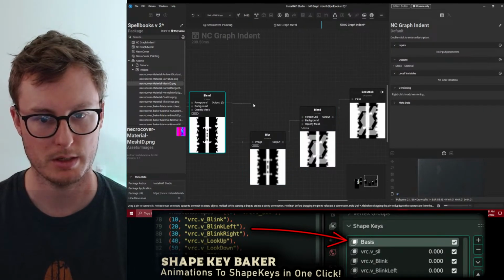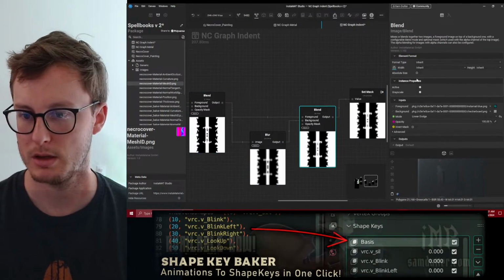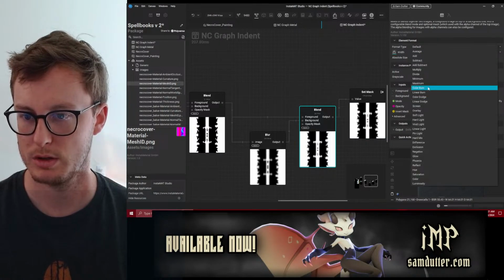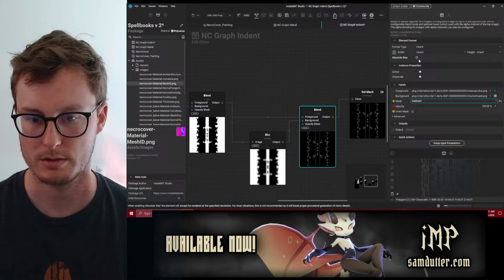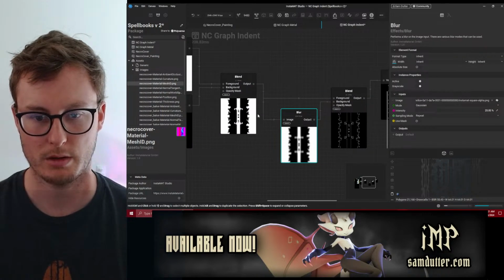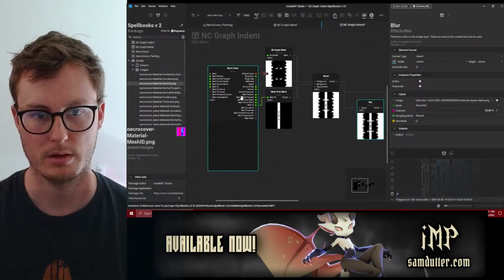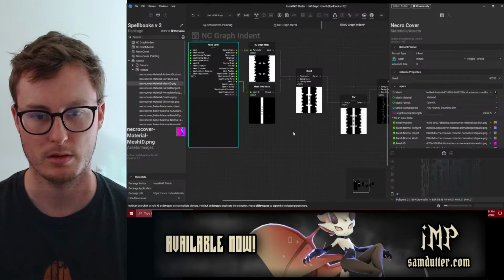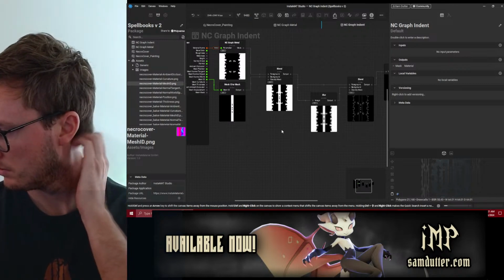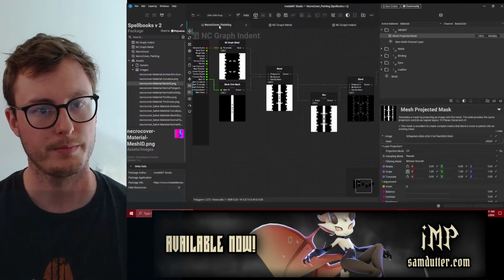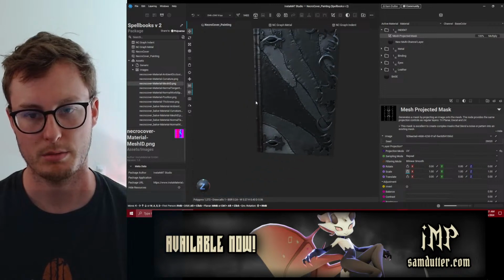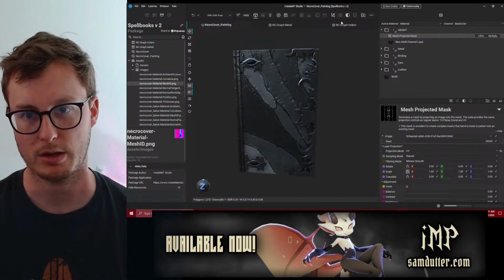This time we blend them together like this, and we'll set the mode to subtract. And there we go. Now we've got a blur. Voila. But problem is I don't want to have to hop back into the graph every time I want to